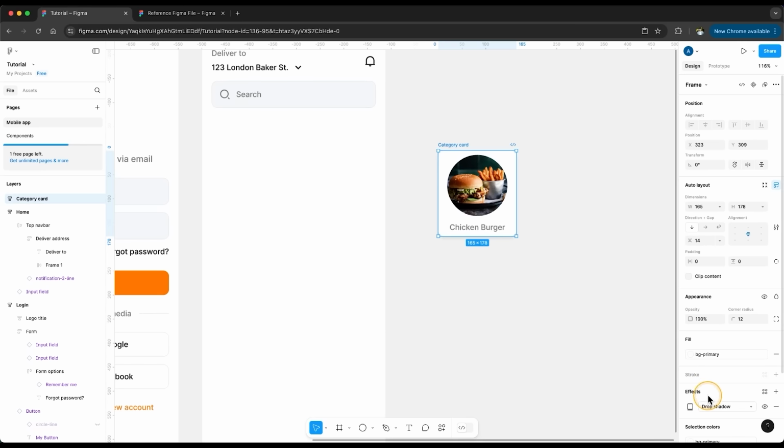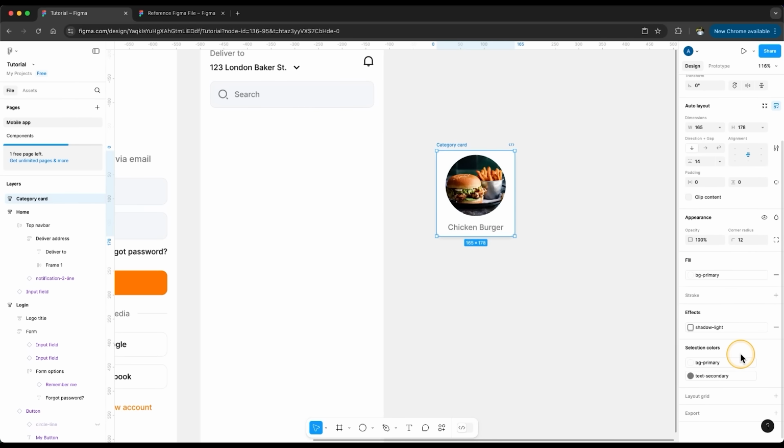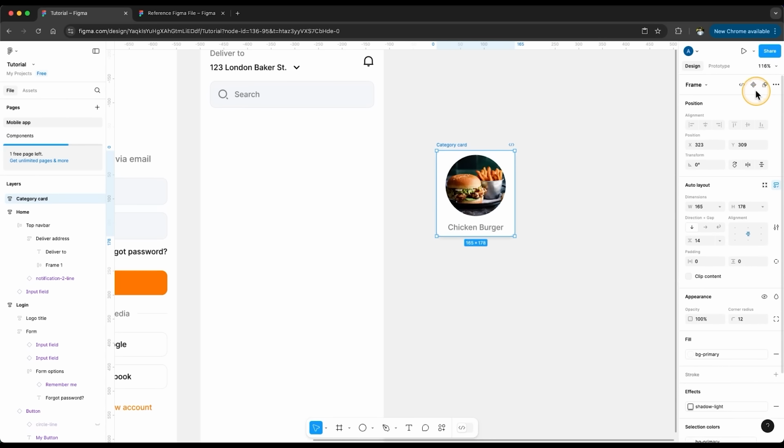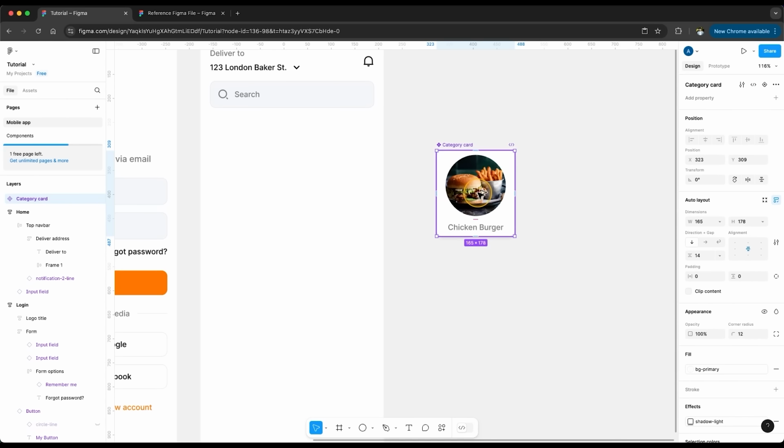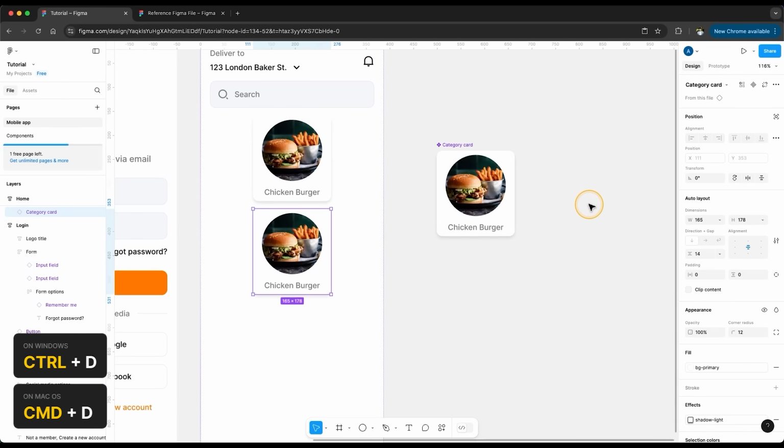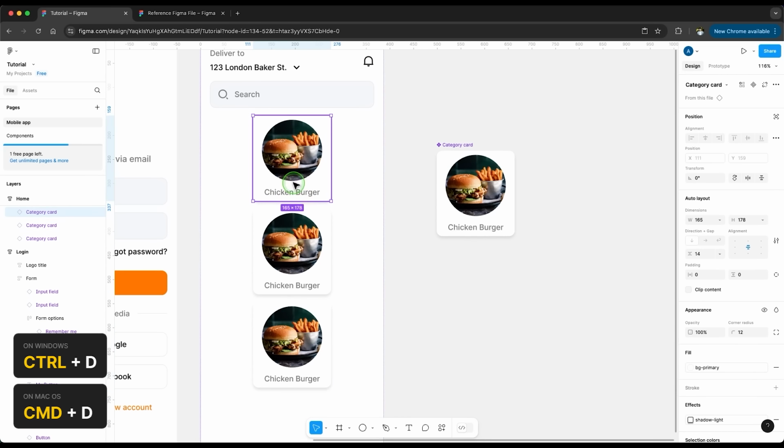By the way, I can make a local style from this drop shadow so that I can use it again and again without having to change the settings every time. And let's call this shadow light. All right, so once we are happy with the design of our card, we can just make it into a component like this. Let's bring an instance of this card inside our frame and duplicate it a bunch of times,